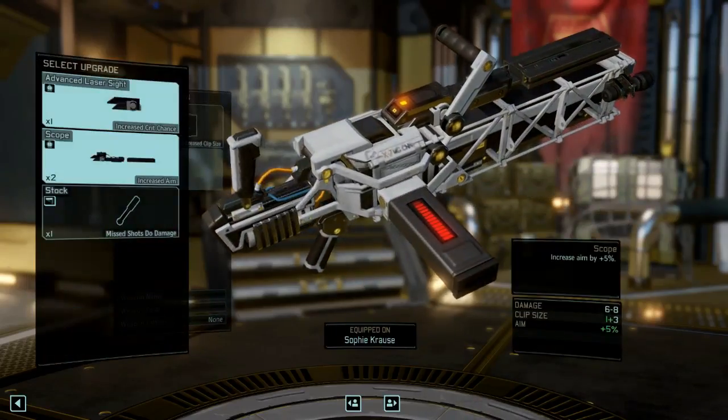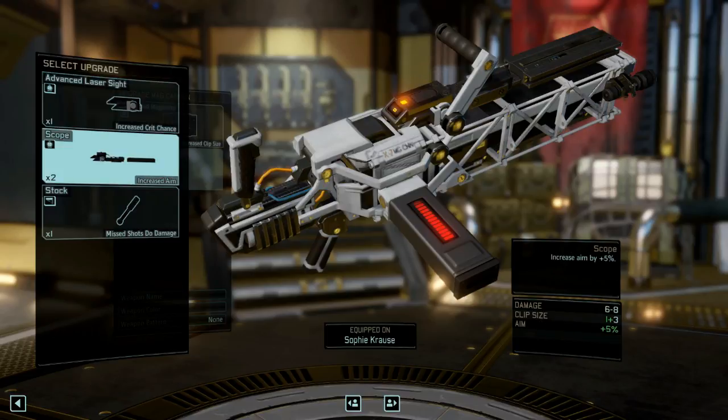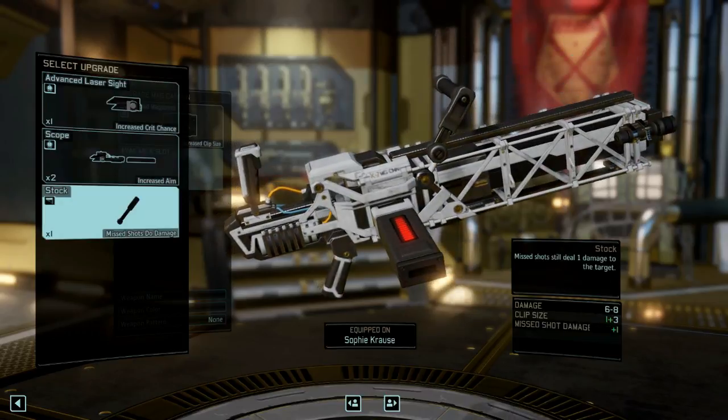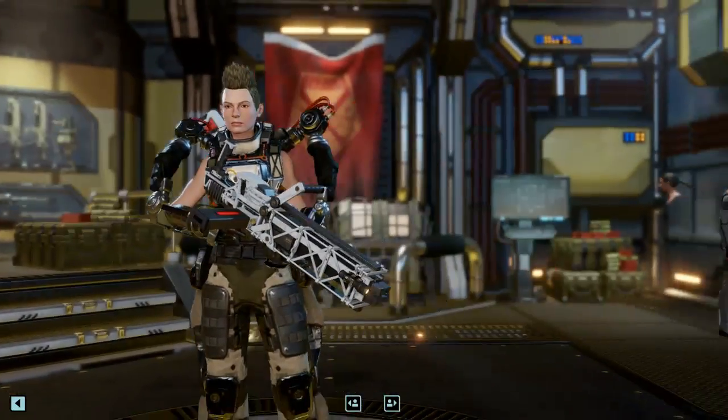What weapon upgrades can I give you? Advanced laser sight, improved critical damage with proximity to the target, increased aim, or missed shots still do 1 damage. Well, I'm not entirely certain if that... Wait, that increases your clip size? Why does that increase your clip size? Or does your gun just have more clip size now? Okay, in that case...